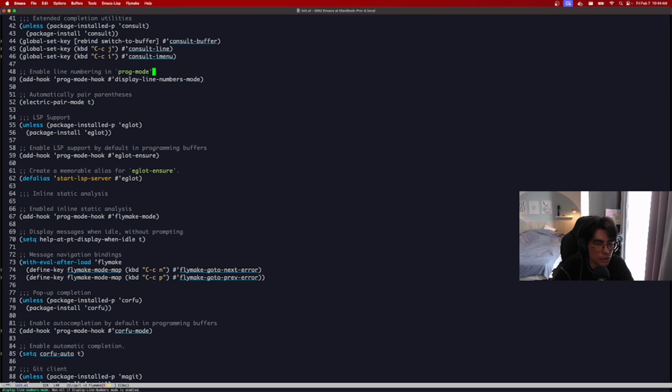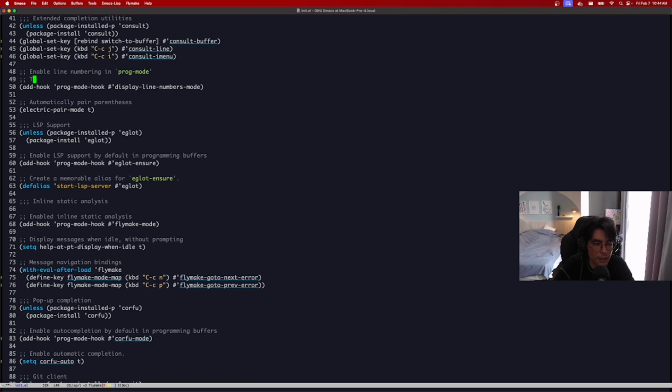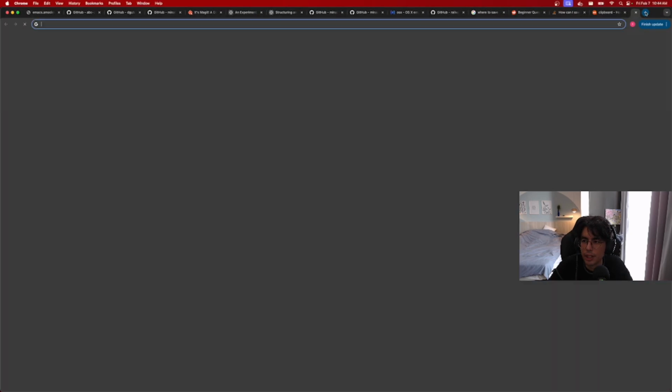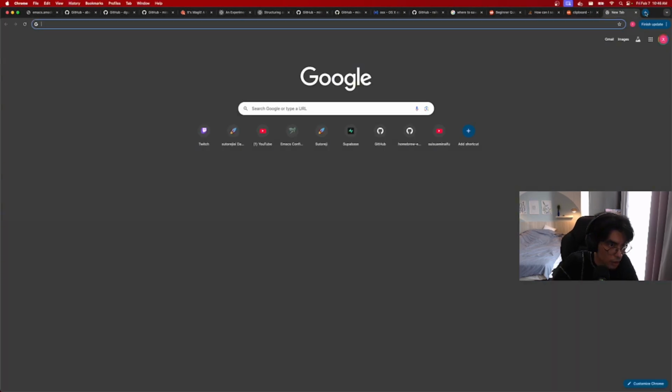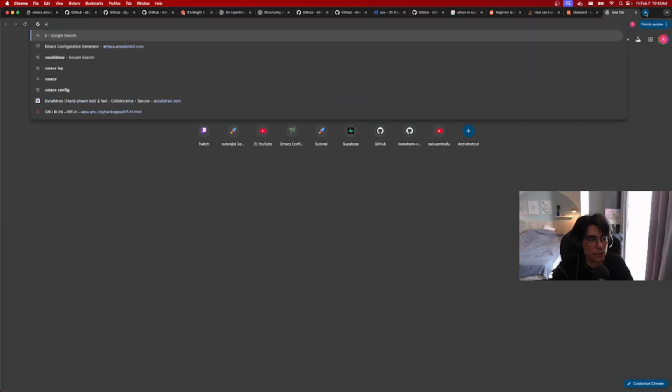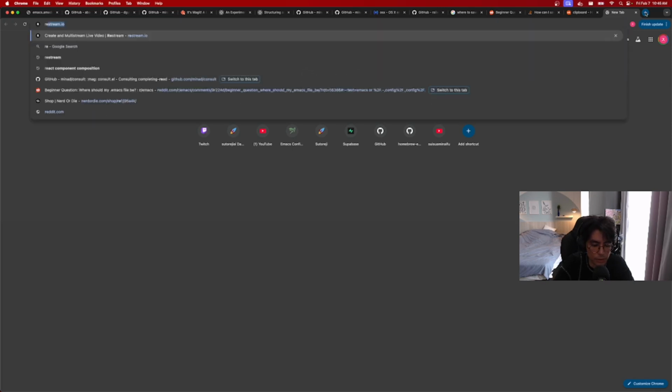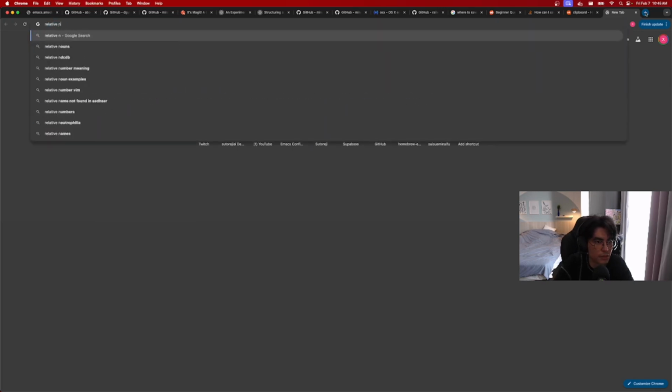Okay, here we're going to add another to-do, enable relative numbers. Actually, let me showcase my process of finding and modifying this configuration file. I'm just going to use relative numbers as an example. So I'm going to literally Google relative line numbers